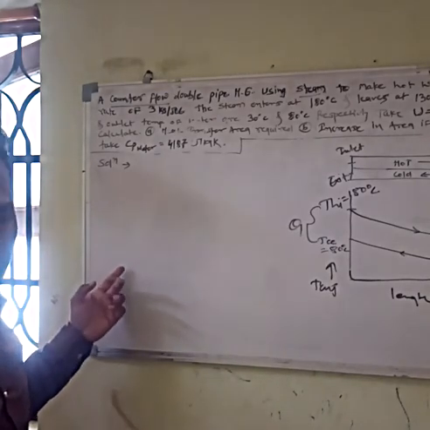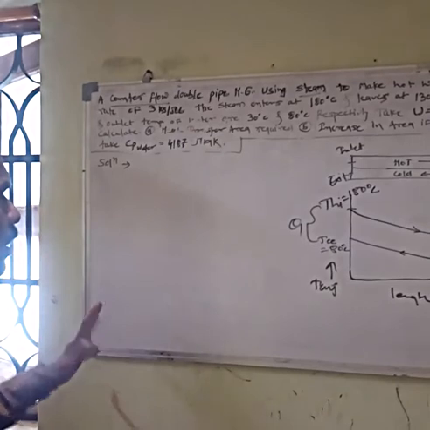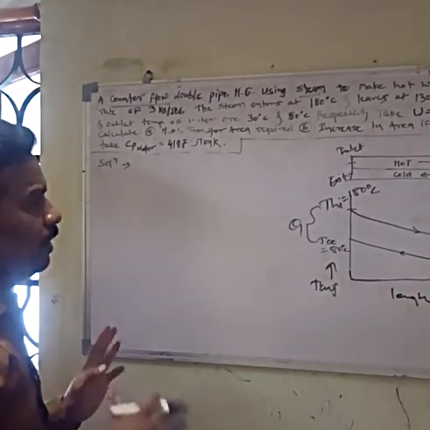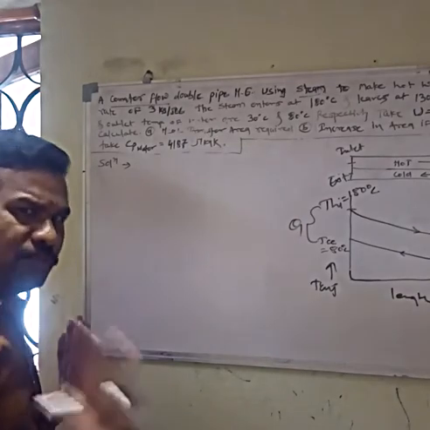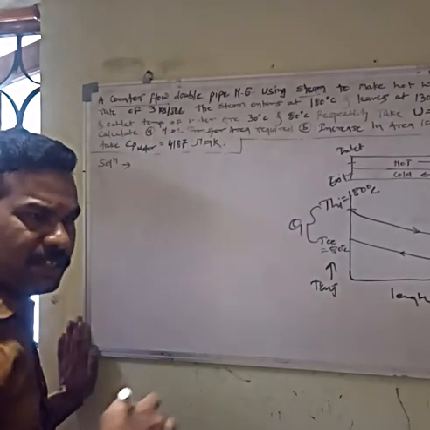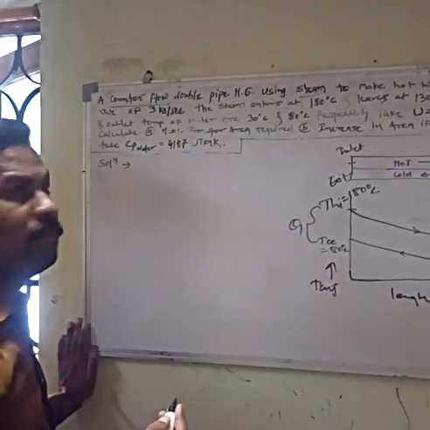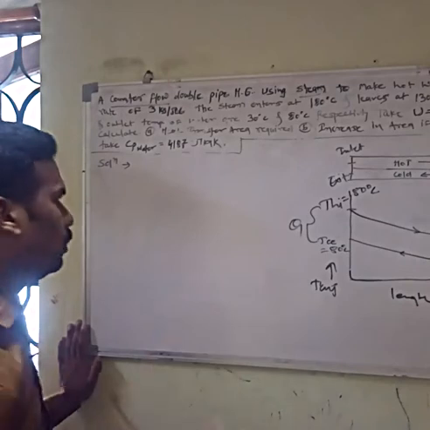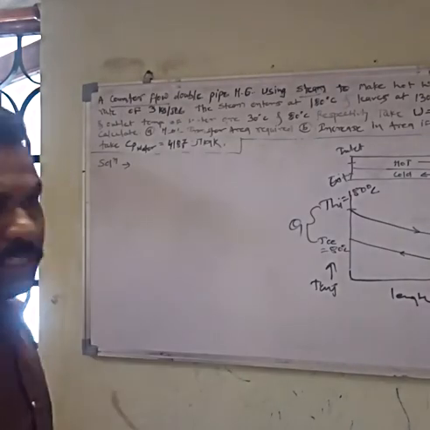Normally in LMTD, that is the log mean temperature difference method, we use only two formulas. One is the energy balance equation, and another is the formula of Q, that is Q equals UA theta m. Easy one. The first one, the energy balance equation. What is the energy balance equation?